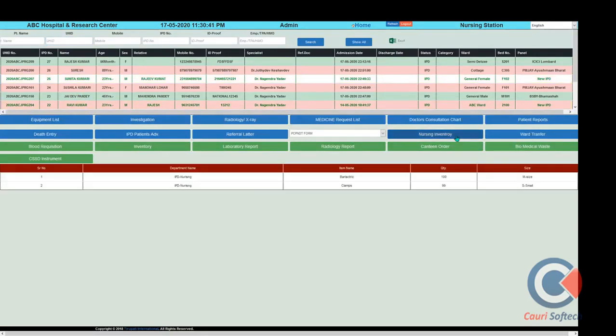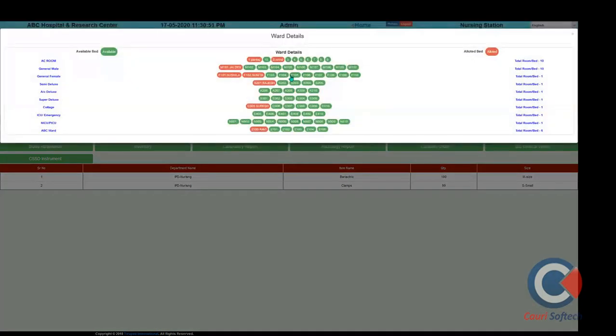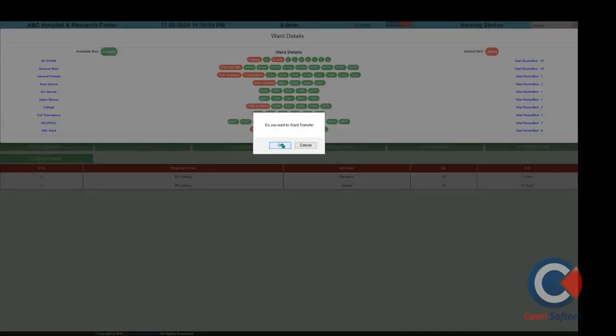In nursing inventory, you can access the available quantity of the different equipment. If we want to transfer a patient from one ward to another ward, the nurses can transfer the patient to a different ward as per the doctor's instruction or the attendant's advice.